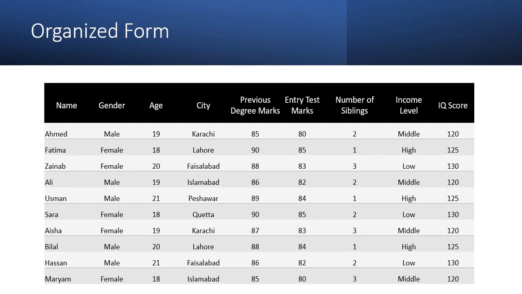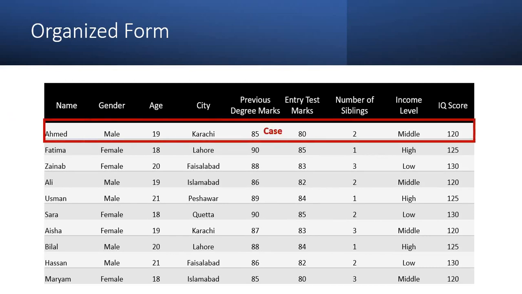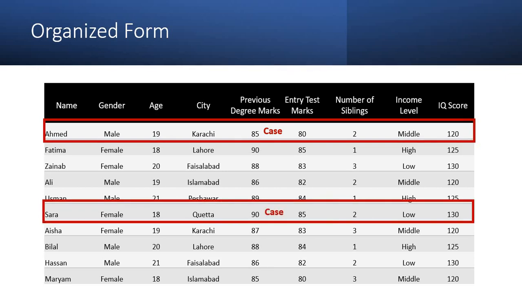So this organized form, these rows represent what we call a case. So every student in this example is a case. For example, this first student is a case, and this fifth student is a case, second student is a different case, third student is a different case. So every student is a case. Secondly,